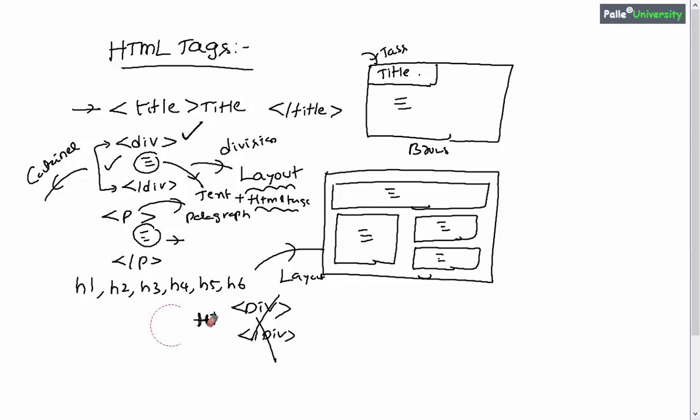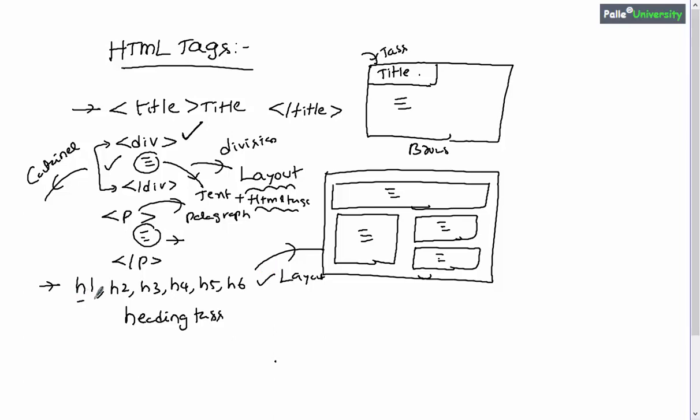Now let us talk about the heading tags. H1 to H6 tags are considered heading tags. In order to display some content in websites, you might need to use headings and then subheadings. To display headings and subheadings, you will be using h1 to h6 tags, right?